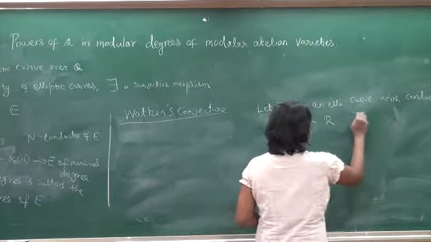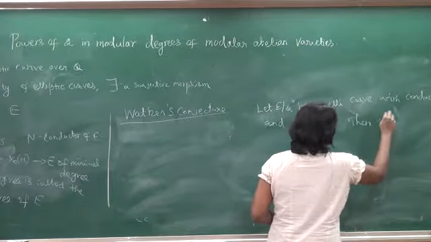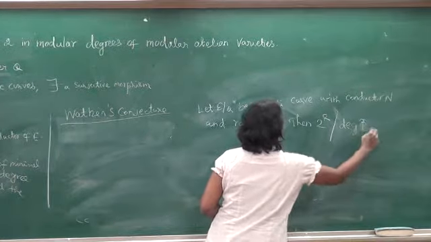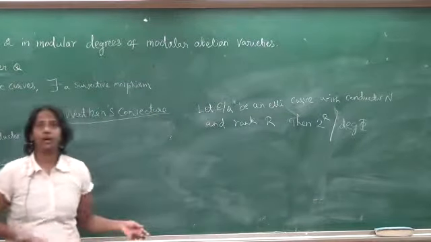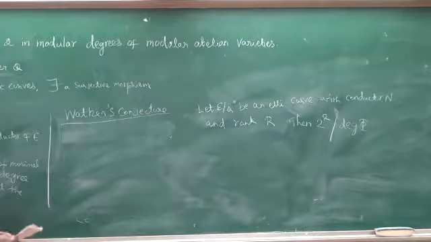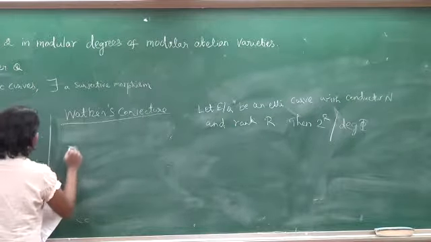Then 2 to the power r divides the modular degree of E. This is Watkins conjecture, and my supervisor